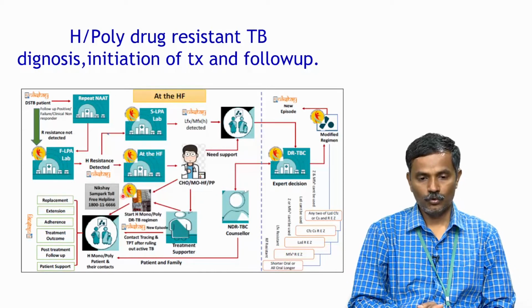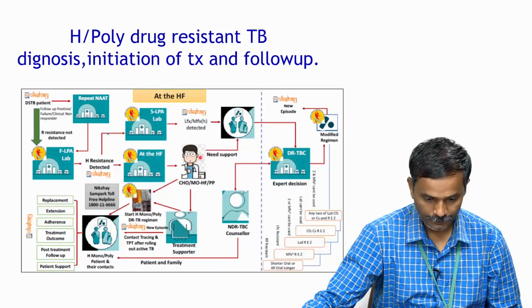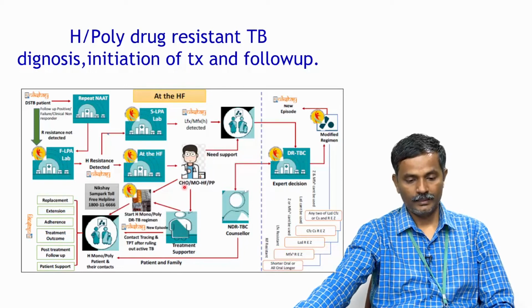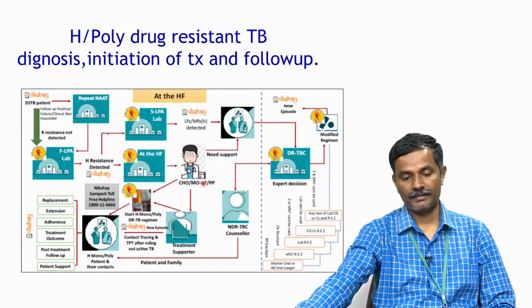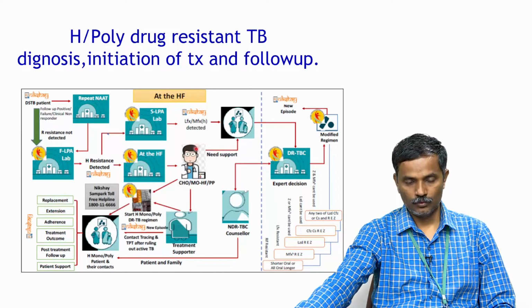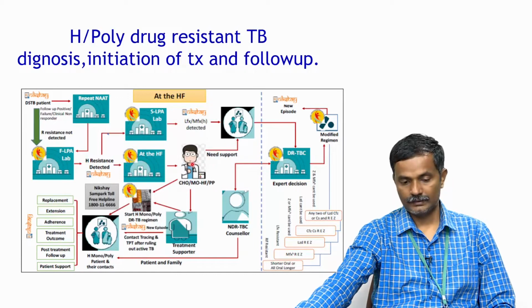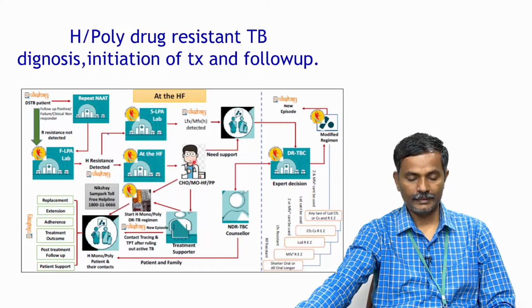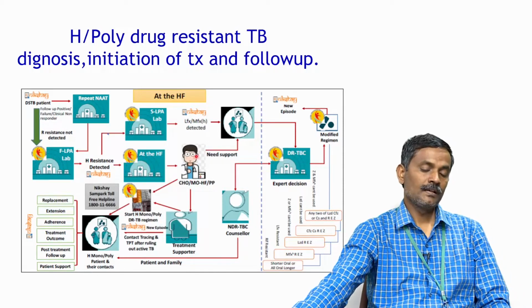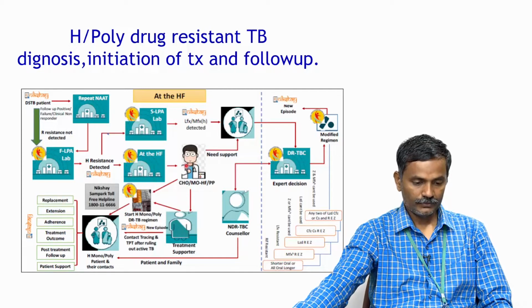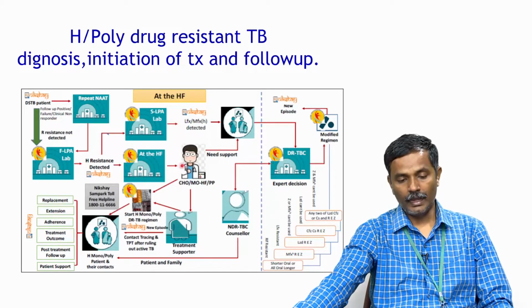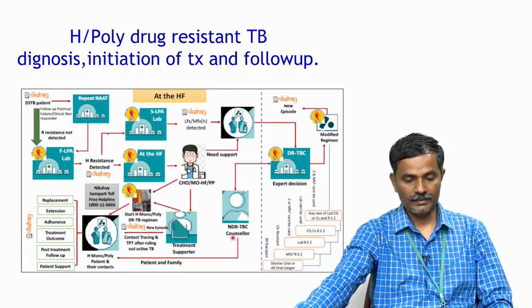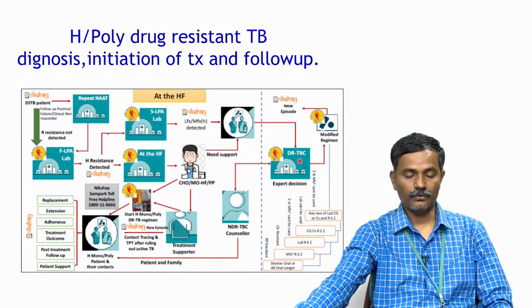For any H mono or poly drug resistant TB which has been diagnosed by the community health officer, primary healthcare physicians or private practitioners, they can themselves manage it, but we have to give the samples for second line LPA as well as the liquid culture DST. If this shows additional resistance, they have to refer to district TB centers, that is DRTB centers, for further